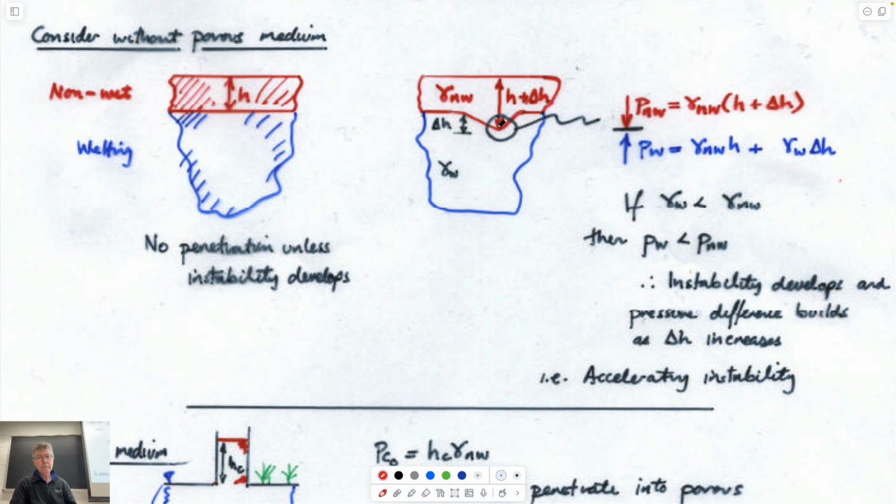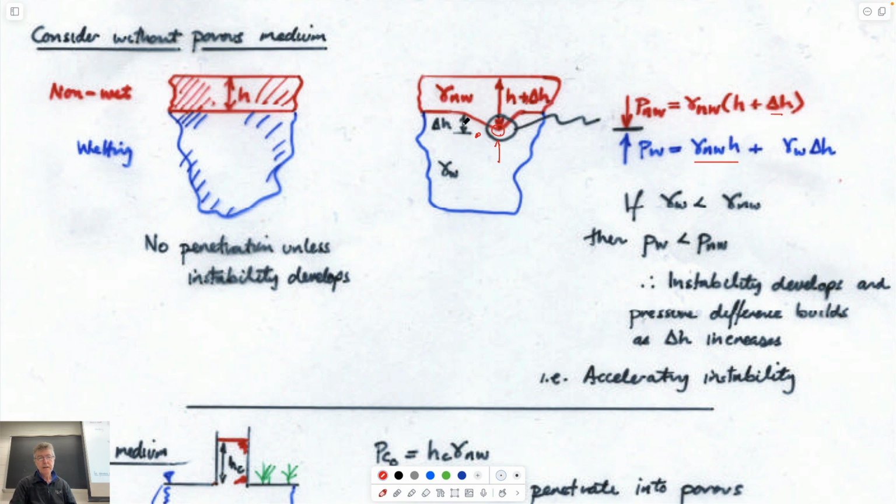And so if you look at the pressure that would exactly act at this point, we can calculate the interface. In the non-wetting fluid, it would be equal to the unit weight of this fluid multiplied by its depth, which is this: original depth plus a small increment. But the pressure acting upwards is going to be equal to the pressure in the water acting at this depth, which would be equal to the unit weight of the, well, it's going to be equal to what? It's going to be equal to the unit weight of the non-wetting fluid